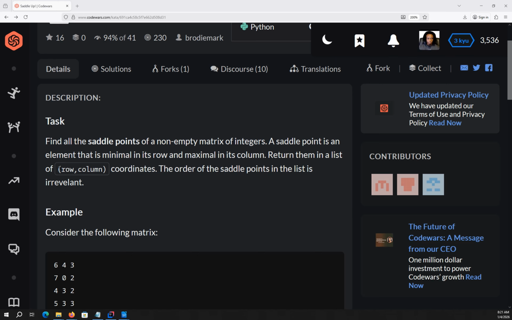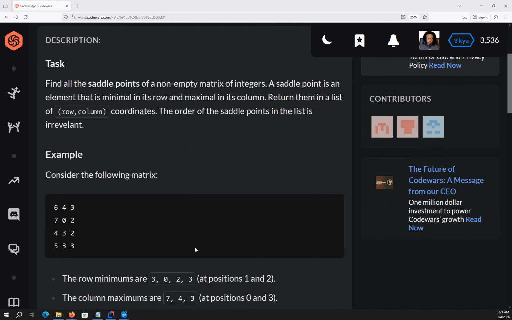Return them in a list of row, column coordinates, and the order of the saddle points in the list is irrelevant. To really get what a saddle point is, you have to look at an example. At least to me, it was not clear initially what the dude was talking about. So a saddle point is an element of a matrix, or a two-dimensional list, that is the minimum of its row and the maximum in its column. Looking at this example right here,